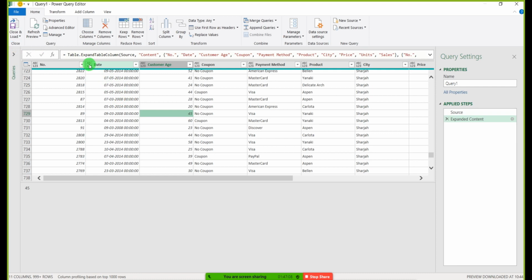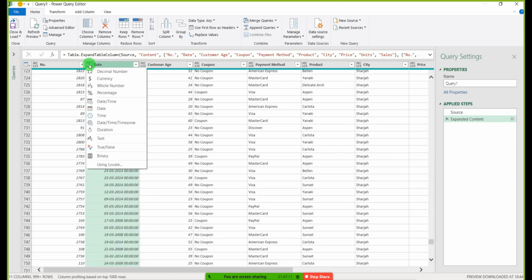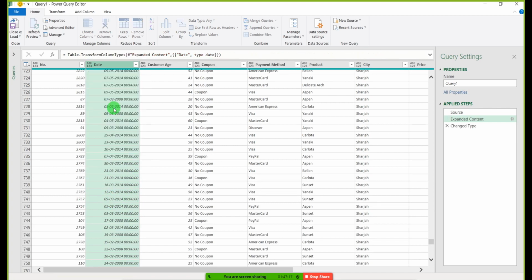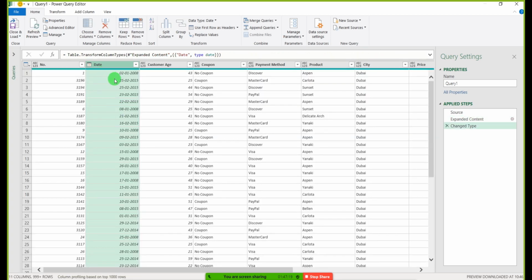I click on this ABC over here, and I say I want to convert to date. Now you will see the zeros and everything will go, so this has become a date format. This is a number format you can see over here. This is a part of Power Query itself, but I am taking one part from it and showing it to you.